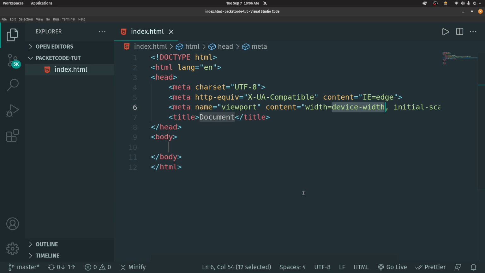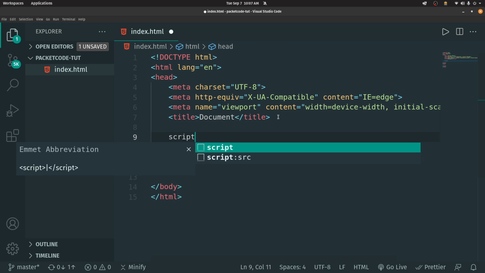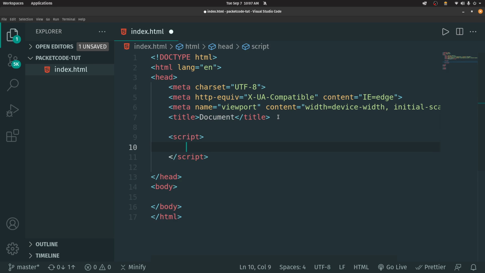Alright, so I've opened a blank project inside my VS Code, and in that I only have one file called index.html, and inside that I have the basic boilerplate template. Now let's see how we can actually include JavaScript into this. There are two ways in which we can include JavaScript inside our web page. The first way is by using the tag called script. We have an HTML tag called script which we can place inside our head section. So we can type it as script. And in between the opening and the closing tag, I can type in any JavaScript command